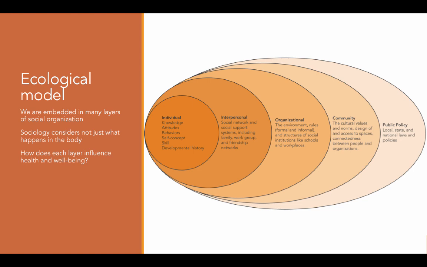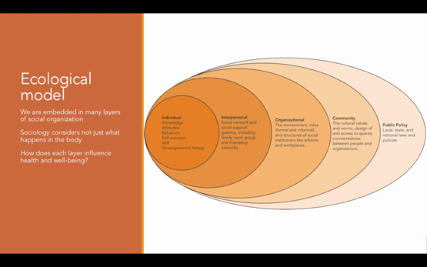What kind of skills do we have? And what has our developmental trajectory been up to this point? That's all contained within the individual. But that circle, you can see, is a subset of the four larger ovals around it,